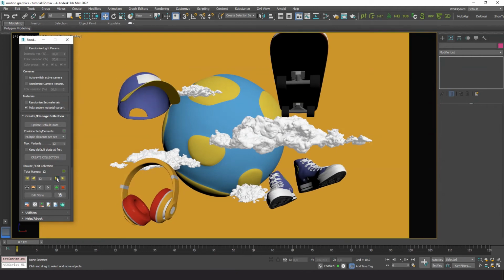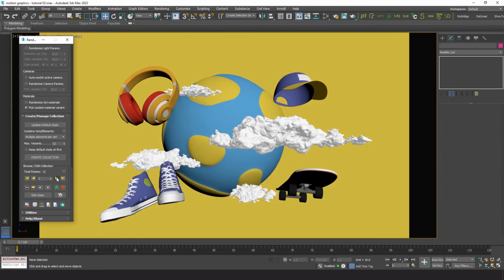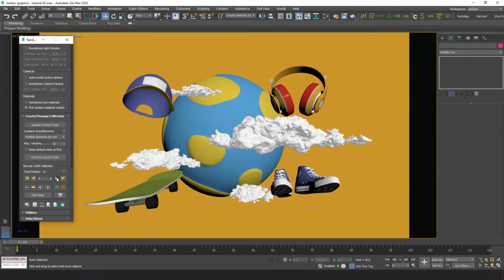The objects are switching places, rotating and scaling, while the background changes color. You can try rebuilding the collection to get different variants.